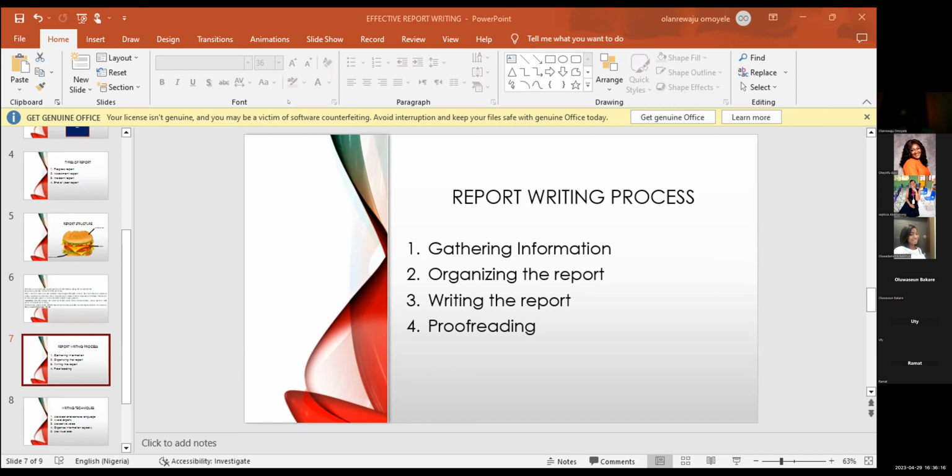Okay, you are not mixing different things, you're not bringing different things into it. No, it is clear, it is concise, it is straight to the point. Just as when you're writing your objective, your objective is specific, right? Your report should be specific. Talk about those things. Let it be clear. Okay, use appropriate tone.